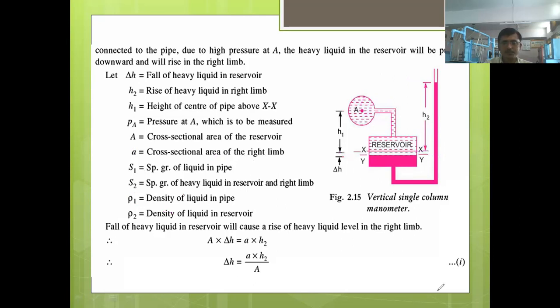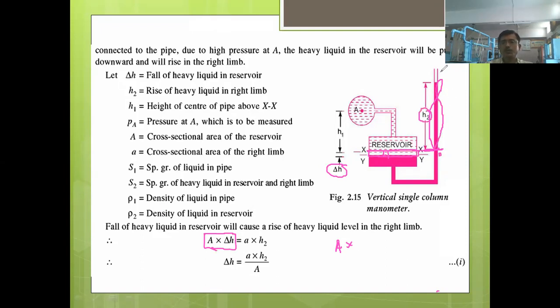So again, using the same principle, under equilibrium condition. Okay, before that, I have told you that the volume that goes down or decreases here will be the same volume that rises here. Right? So what will be the volume decreased in the reservoir? The cross section area of the reservoir, that is capital A, multiplied by this decrease in depth, represented by the letter delta H. So this is the volume of liquid decreased in the reservoir, and the same volume of liquid will rise here. So what is the rise in volume in the right limb? Initially it was here. Okay, this much liquid has risen here. Right? Then how will we calculate its volume?